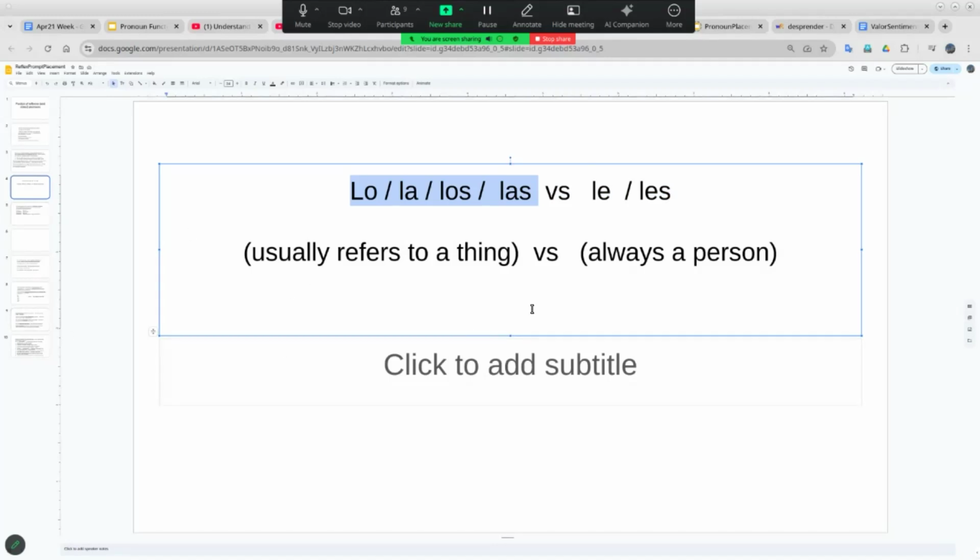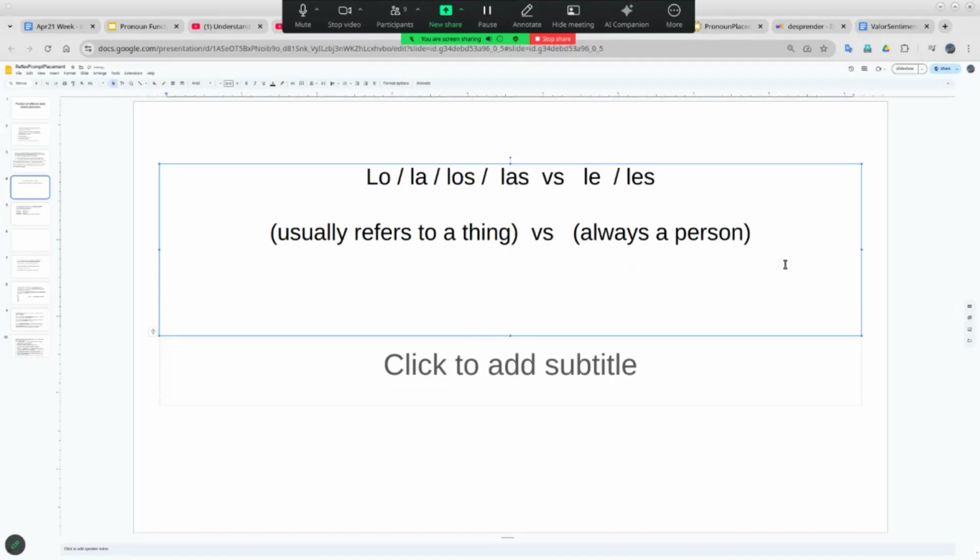So let's look at an example. I want to talk about my keys. It's an object. Somebody says, wow, ¿dónde están mis llaves? Where are my keys? And your kid or grandkid or your better half helpfully says, you dummy. They don't say you dummy.